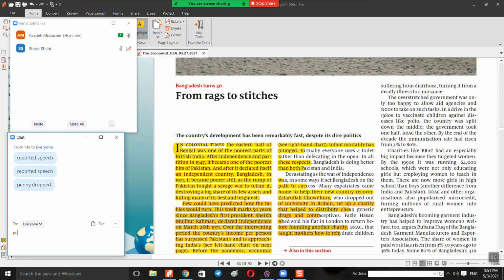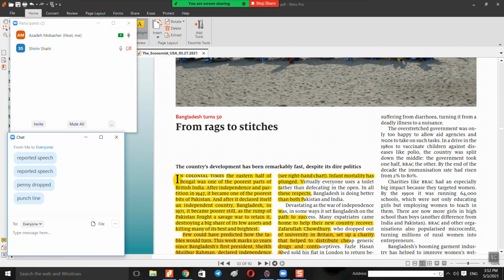Maybe punchline or playing with the words. Playing with the words is not an expression, but punchline is. Okay, when you explain the punchline, then it's not very funny. In order for you to laugh at a joke, you must understand the punchline on your own, right? Yeah. Okay. So, the next article.